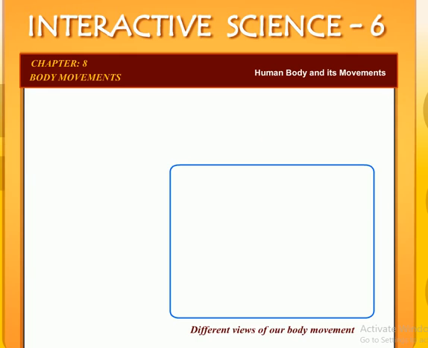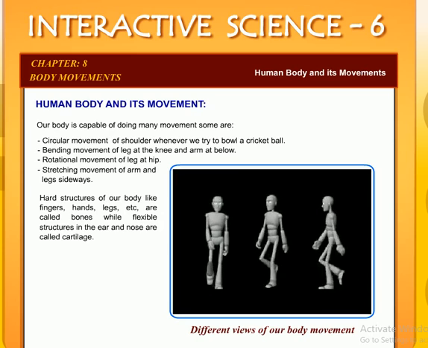Human body and its movement. Our body is capable of doing many movements. Some are circular movement of shoulder whenever we try to bowl a cricket ball, bending movement of leg at the knee and arm at elbow, rotational movement of leg at hip, stretching movement of